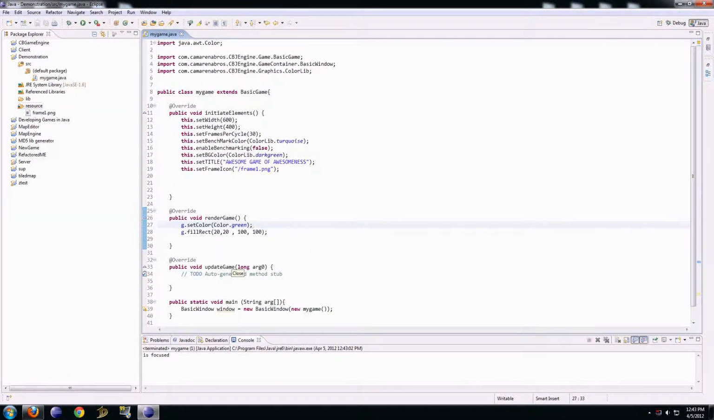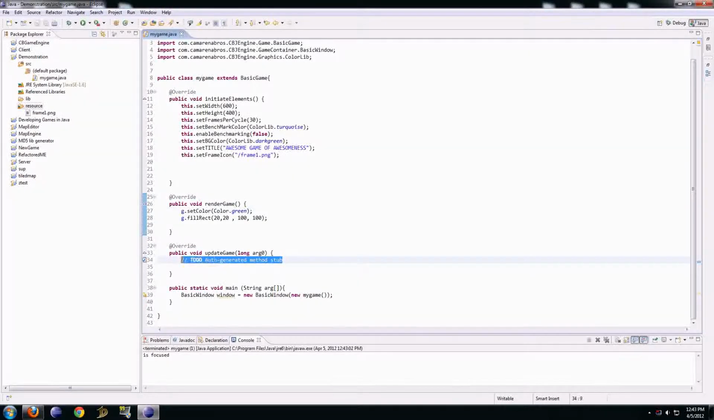What else? What else? The update. All entities are updated through this. I don't know why it says argument. It should be T. I mean, it doesn't matter what this is, but